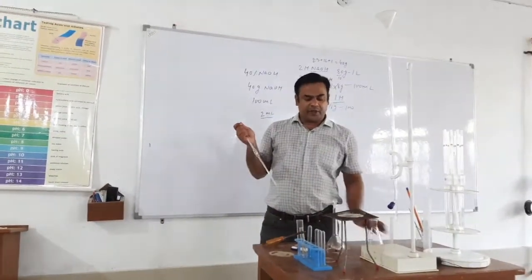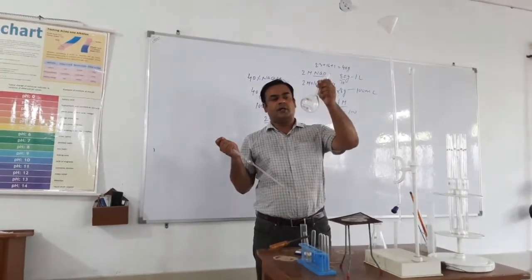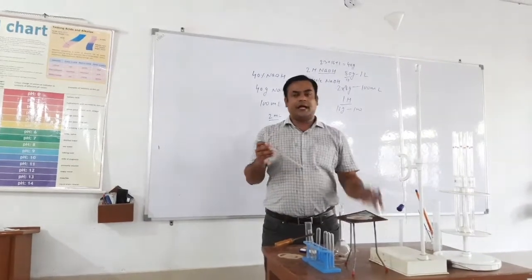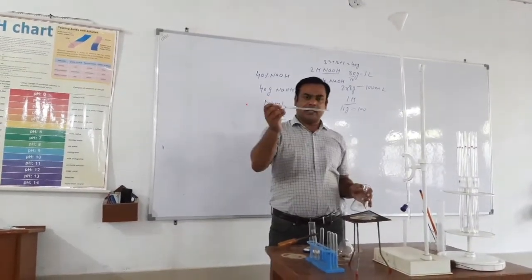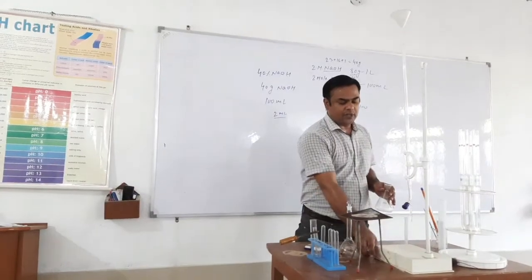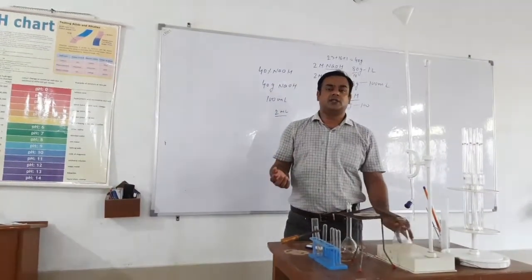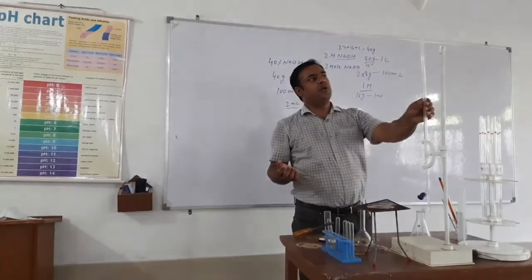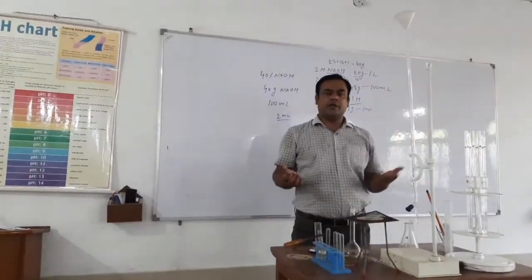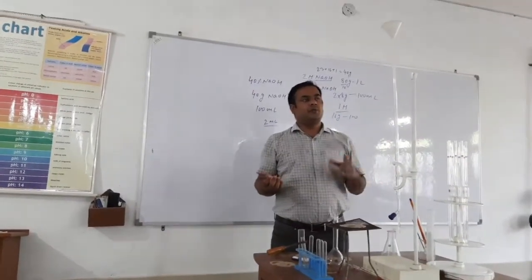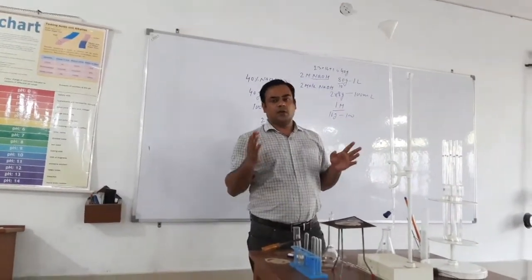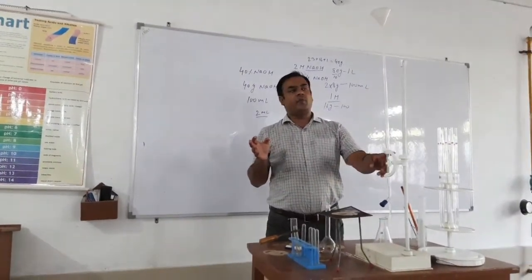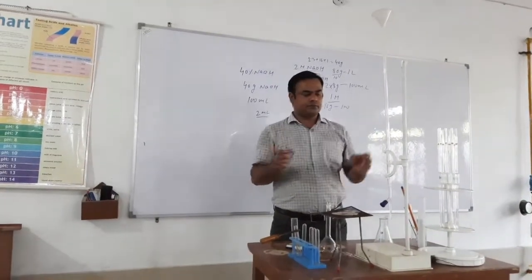So once we have prepared the solution using the standard measuring flask, we have transferred the solution to the titration flask or conical flask with the help of a pipette. Now time comes for another important instrument, which is known as a burette. This is our burette. This burette is of 50 ml. A 25 ml burette also comes. A 20 ml burette is also available, but normally in the lab we use a 50 ml burette. So this one is a 50.0 ml burette.